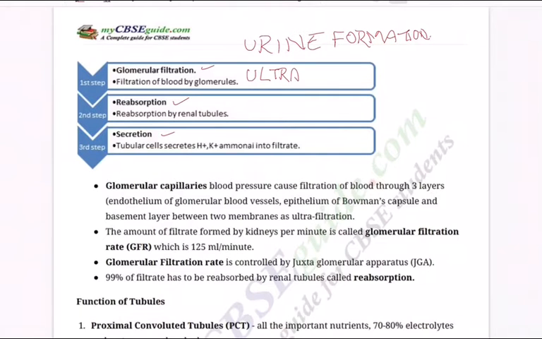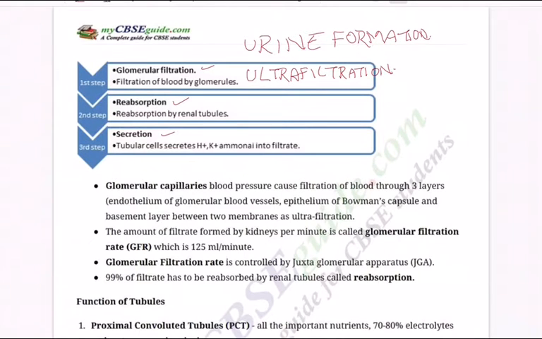Now the first one, glomerular filtration, which is also called ultrafiltration. Sometimes a small 3-mark question will be asked: what is ultrafiltration? Explain that. So you need to explain only this glomerular filtration. It occurs because the pressure of the blood flowing in the glomerular capillaries is higher than the pressure of the filtrate in Bowman's capsule. It does not require the expenditure of energy by kidney cells.